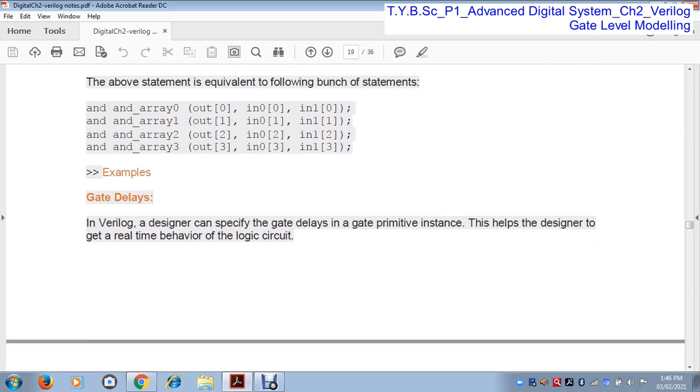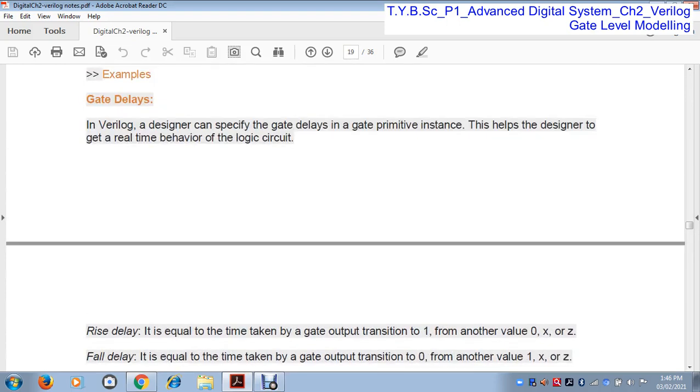Now gate delay. What is a gate delay? When we give input to an AND gate or any gate, after applying the input, that gate generates the particular output according to the input.